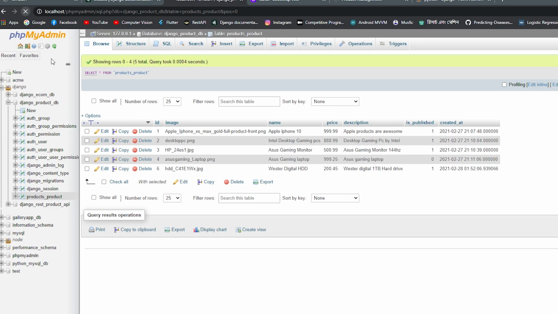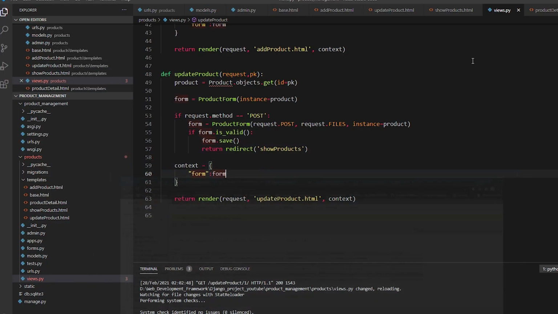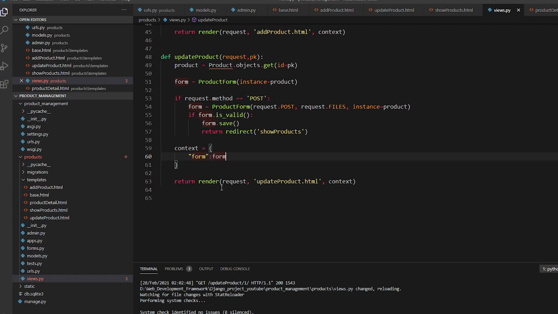So as you can see, if you refresh it, it's also updated in the database. See, it's also updated. So this is done. Now we need to add the delete functionality that you want to work on, and def delete_product, and it